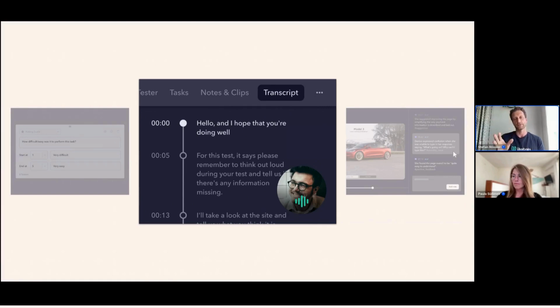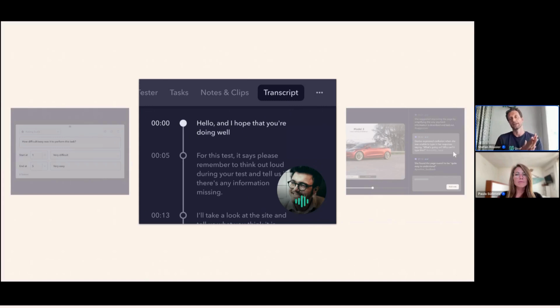Then you look at the transcript that the AI has created and you feel like, oh my God, it understood this person perfectly. It's really good at understanding dialects and all those sorts of things, at least the one that we're using. And I'm not a technical expert by any stretch of the imagination, so all I can see is the results that are coming out, and they're quite astonishing.